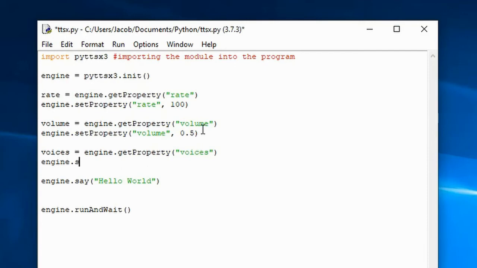So you're going to type in engine.setProperty, again in quotation marks voice with no S. And then here is where it's important. Whatever variable name you've put here, you have to match in this next part. You want to do voices if you've set the variable name to voices. If you set the variable name to tone, then change it to tone. Then in the square brackets, you want to put 0 for a female voice and 1 for a male voice. However, I'm going to explain in just a moment what the difference is on Windows, and then after that you want to put in .id. Now if I play this,